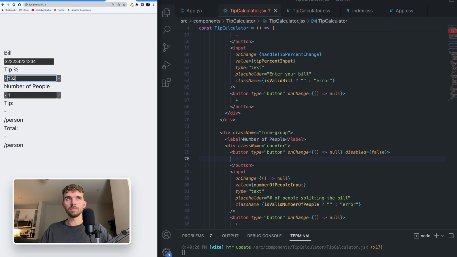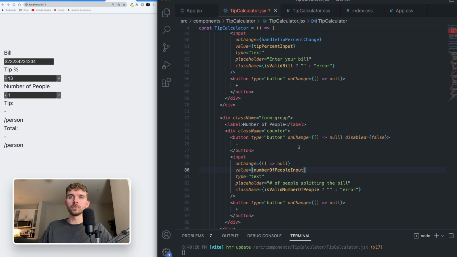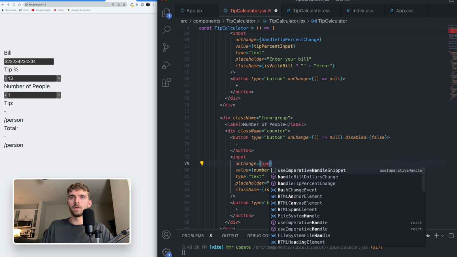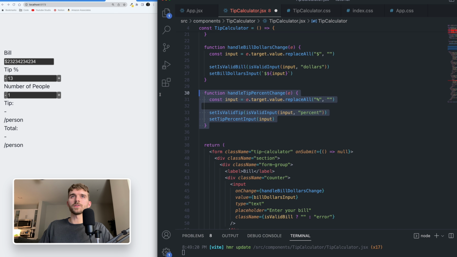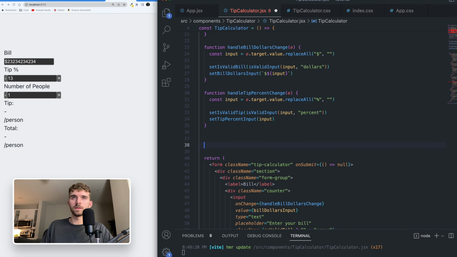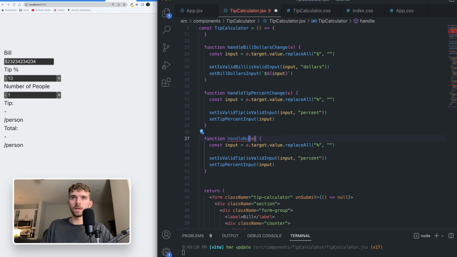We don't have a validation, but we have an input that works. Next is our handle number of people change. We're gonna pass this into this on change function on the number of people form group. So it's just put handle number of people change. Actually, just copy one of these whole functions, paste it, change the name to handle number of people